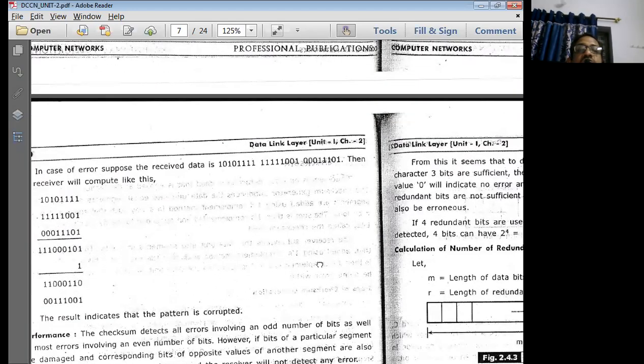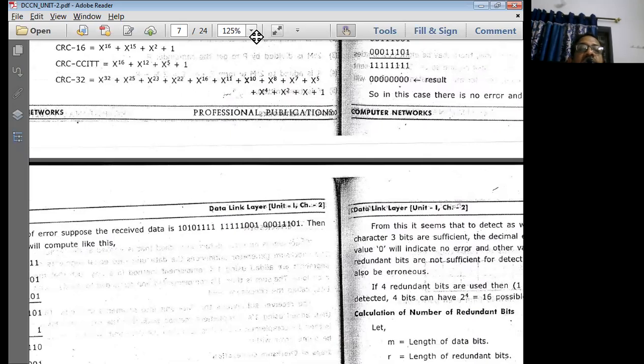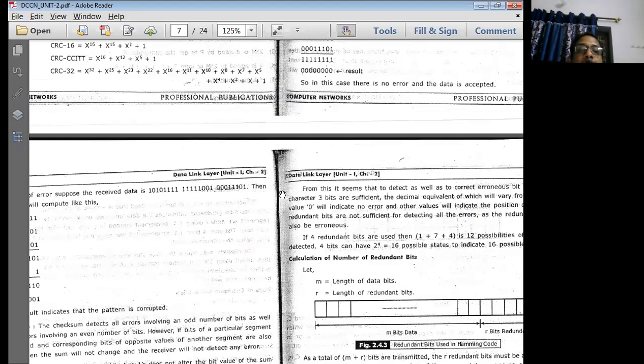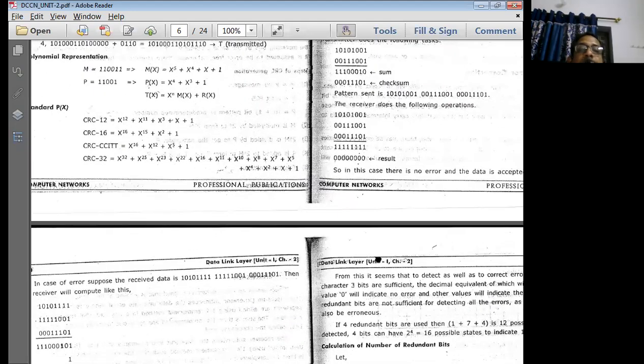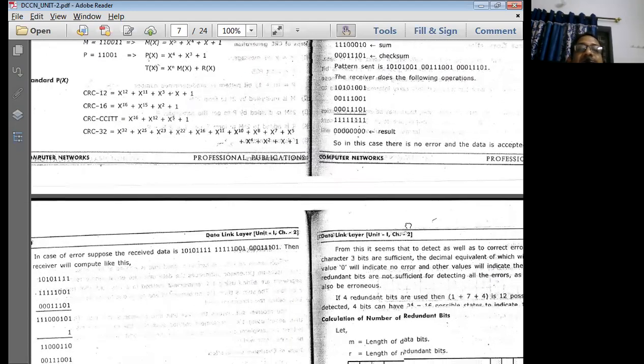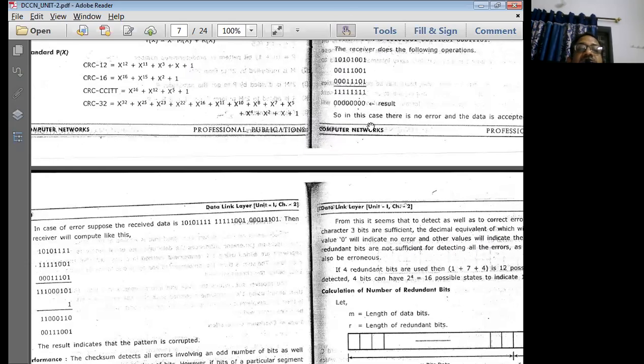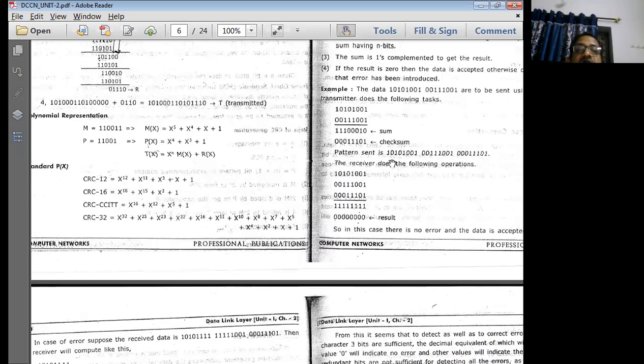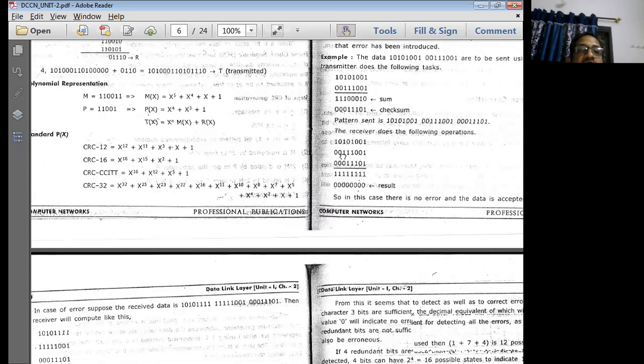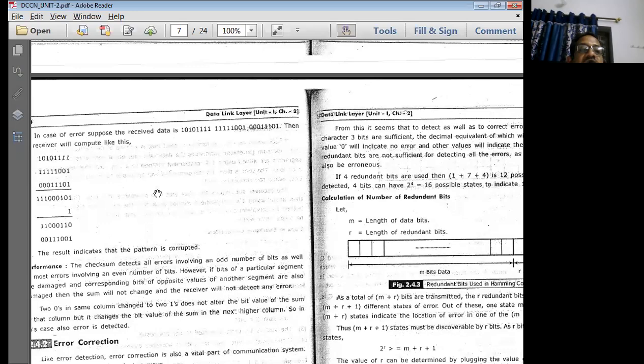Now let us cross check the same example with erroneous data. Let us take this data at the receiver now. The transmitter has transmitted this data. Whatever I transmitted now, this has been transmitted by the transmitter. The receiver receives it like this.